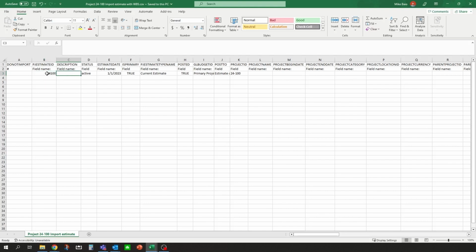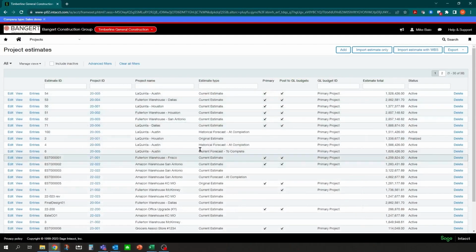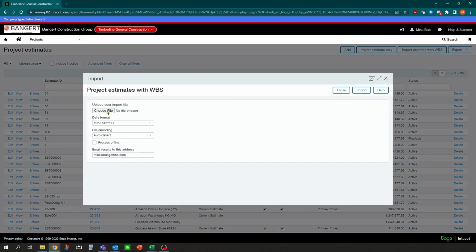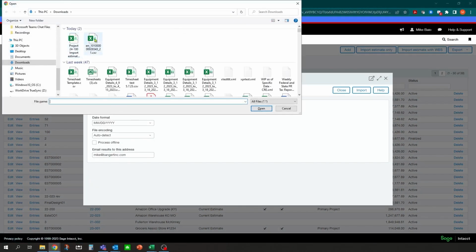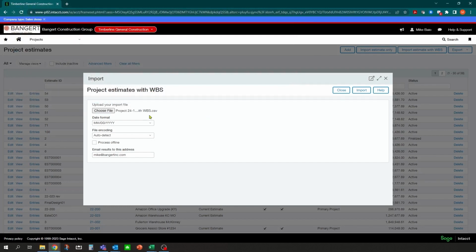So I went in and filled that out. And let's go ahead and try to import it again. So let's go back into here, import, grab that file. Okay. And make sure it's going to the email address, and we'll click the import button.